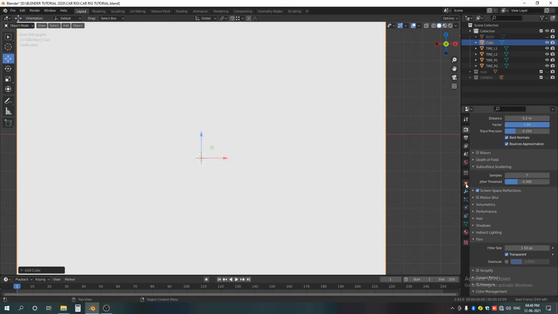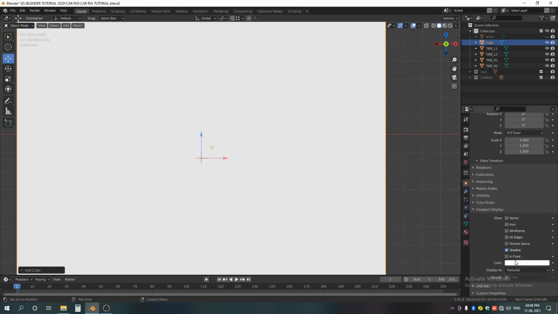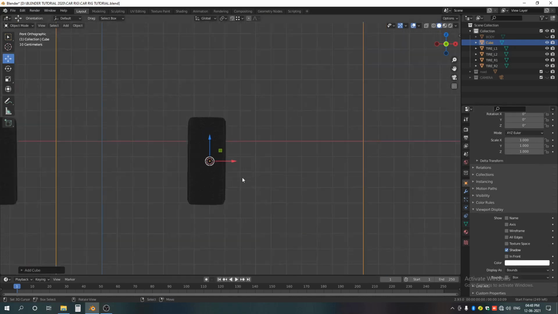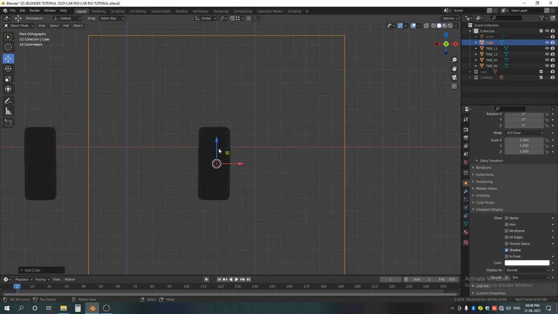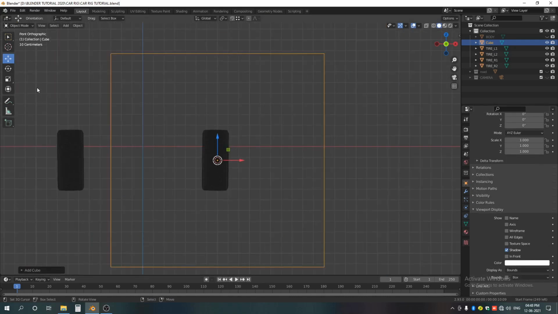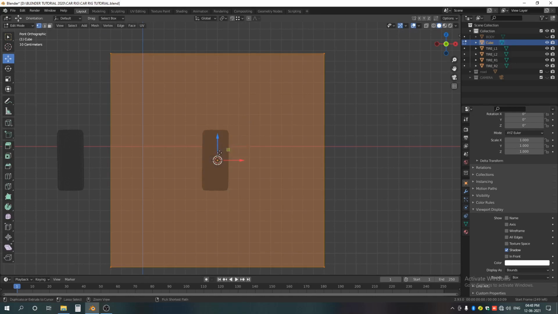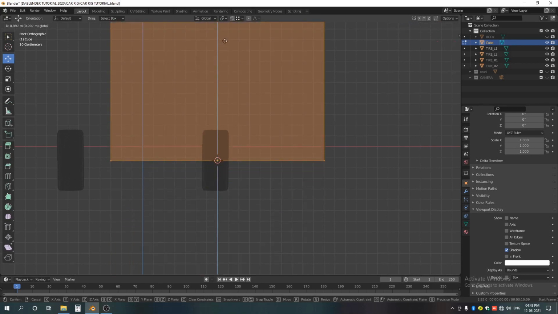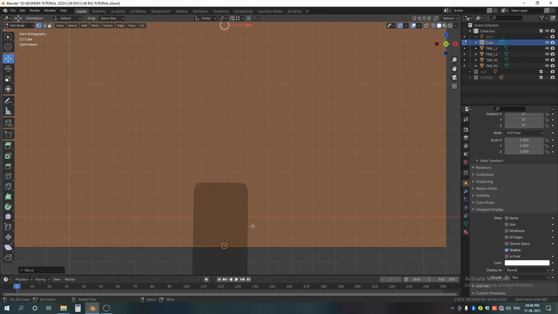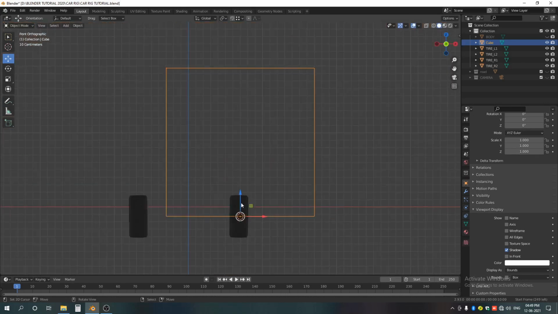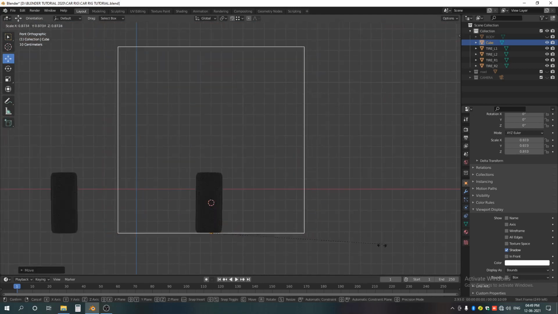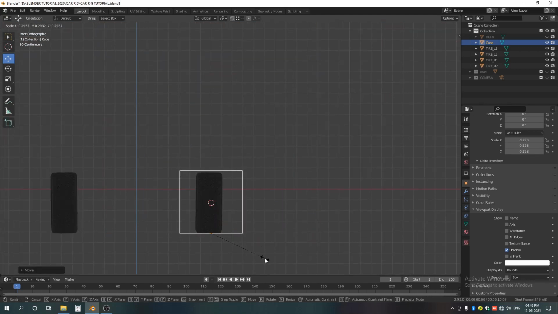Okay, and go to that yellow square button and change it to bounds so we can see through it. And now just go to edit mode and move it like that so its origin stays here. Okay, it will be our container for our tire